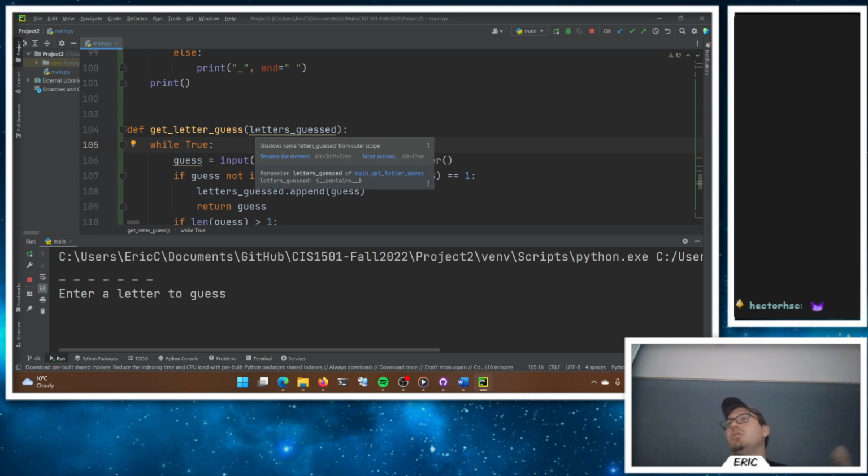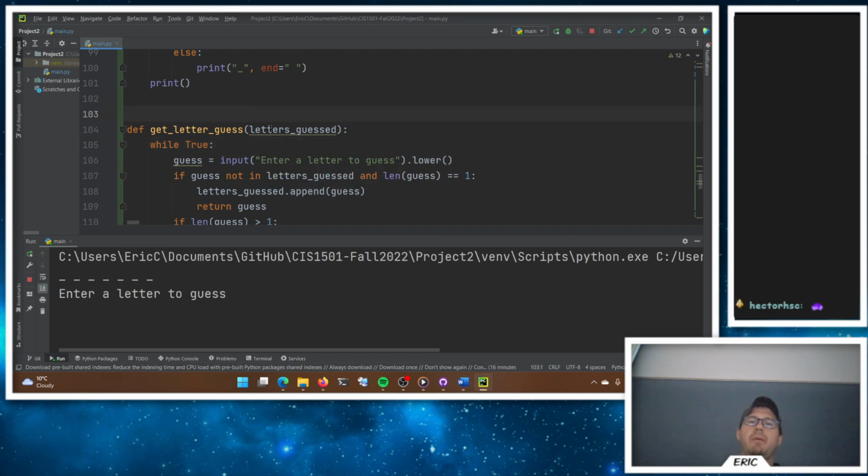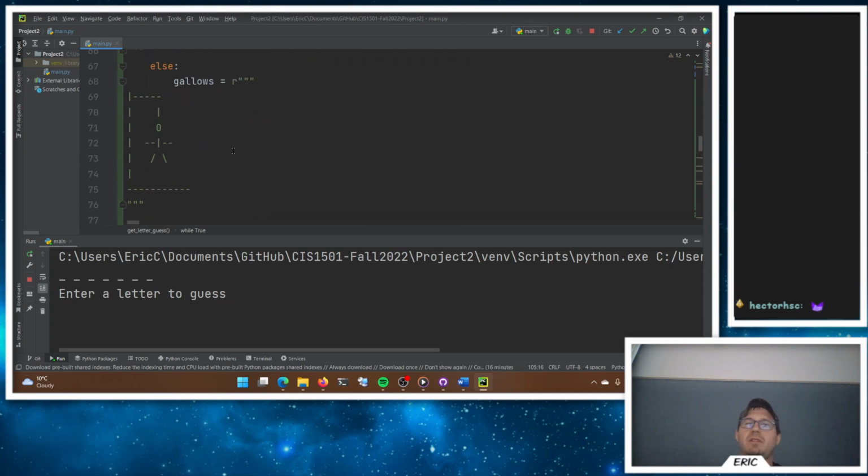Some people think it's terrible, and I don't understand why they go through all the hassle of trying to remember two different names for the same thing. It's just a style preference, really. And it warns you, hey, you've shadowed letters guessed from an outer scope. So some people have gotten into the habit,